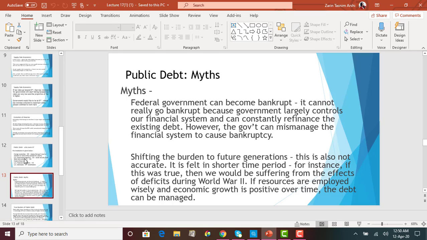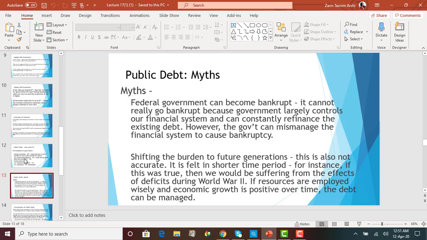So let's say the government takes a loan from Ibrahim, and then let's say that note is going to mature now, and the government needs to pay Ibrahim. He can easily switch to Lait and refinance that note and pay off Ibrahim. Okay, so that way government can move from one entity to another and refinance it constantly without becoming bankrupt. However, it can become bankrupt if they are mismanaging the funds. Okay, if they are mismanaging the money, or if there's a lot of corruption and the money is being wasted, then it can become bankrupt. But in general, federal government is unlikely to become